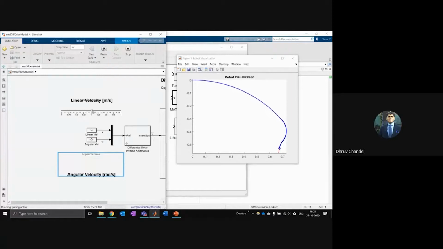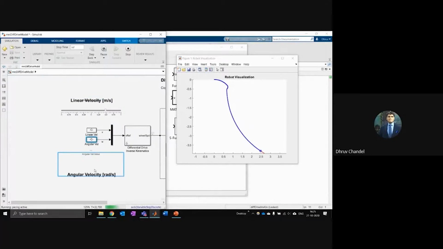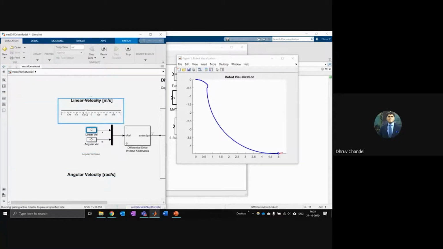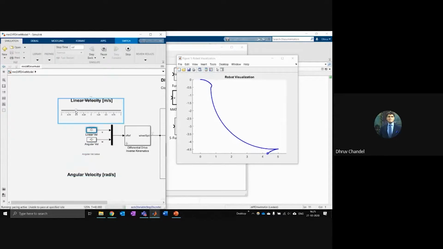If I wanted to move faster, I can increase the speed from here. And this is just plotting out the robot as it's moving. If I wanted to change directions, I can steer it with this slider. It seems to have vanished. I can bring the robot to a stop, and I can drive it in reverse if I want.